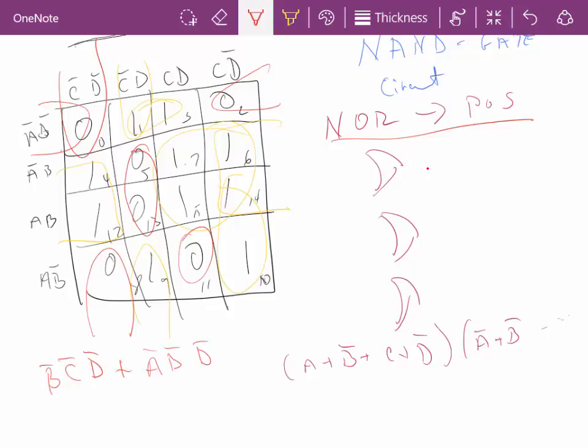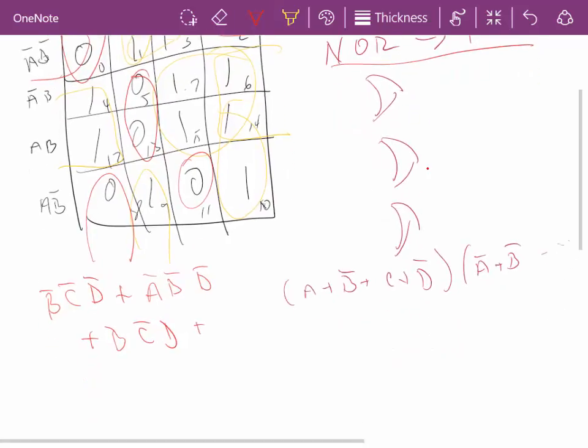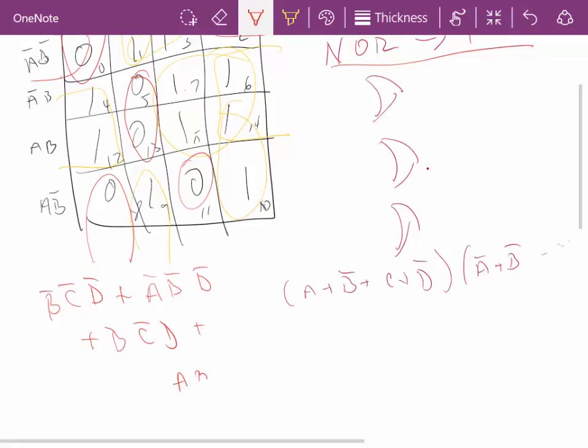This pair here is B, C naught, D. Then I'm left with just this one here, which is A, B naught, C naught, D. Okay, now